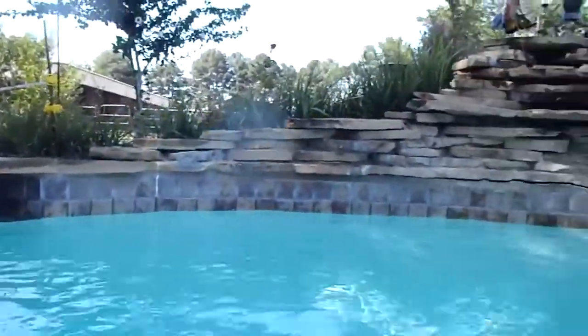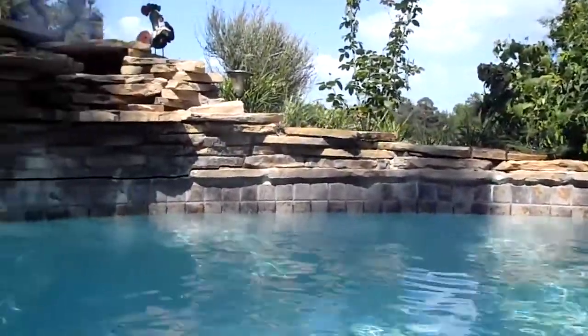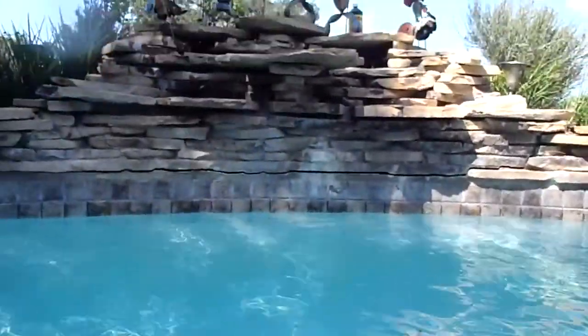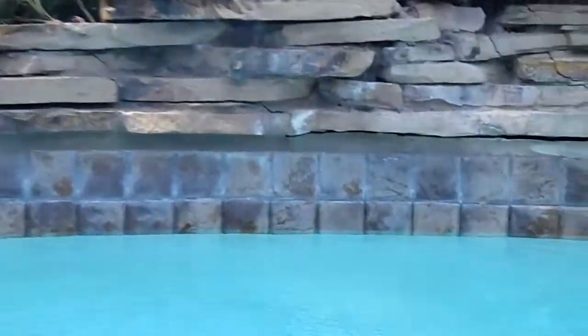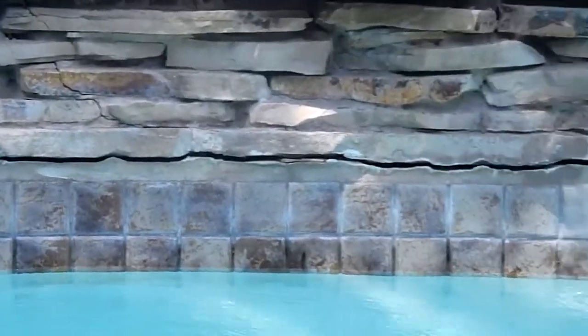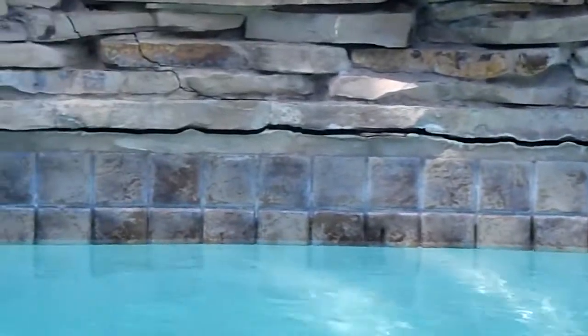Okay, so here is the waterfall, and as we get closer you can see a big crack. You have to excuse the water coming in, my wife is watering the garden behind it. See that large crack right there, which is where it started,